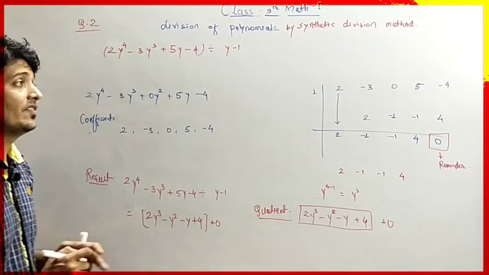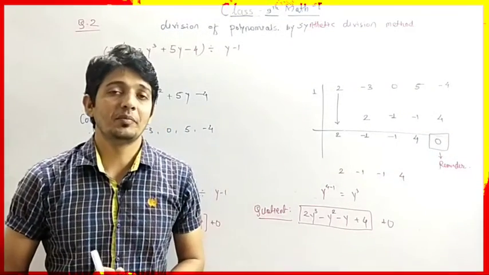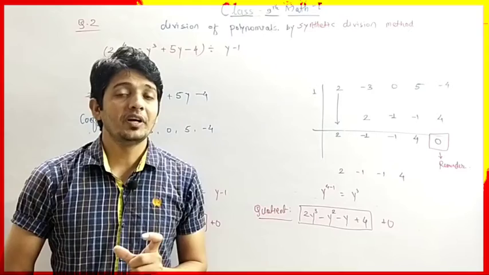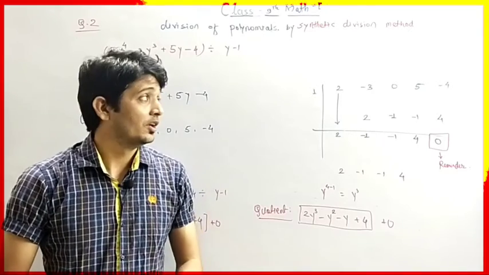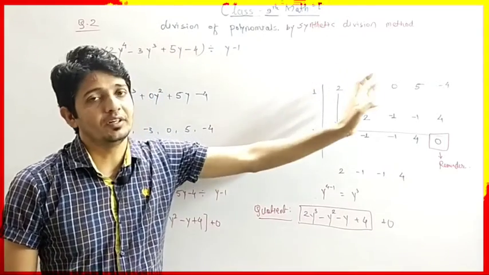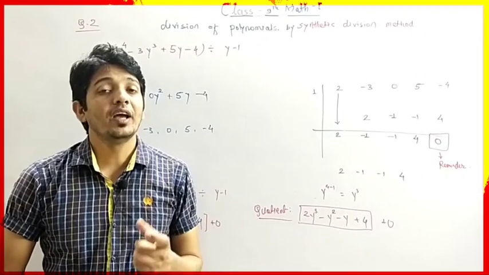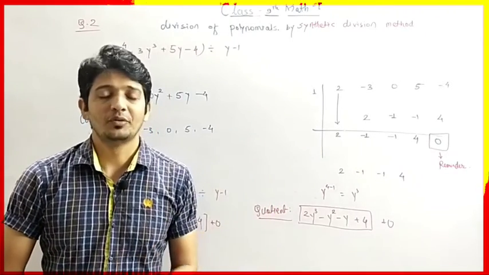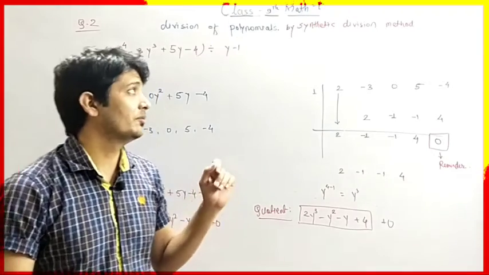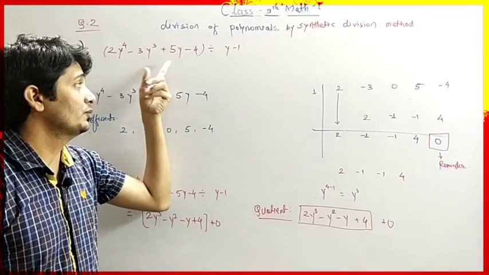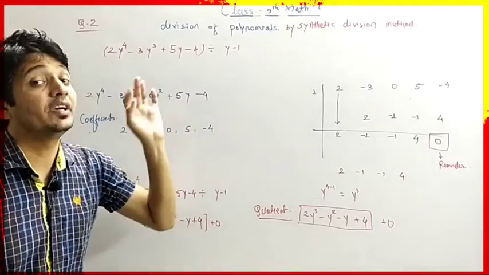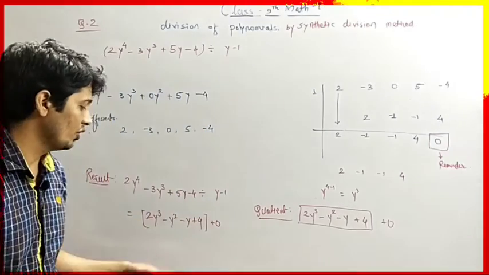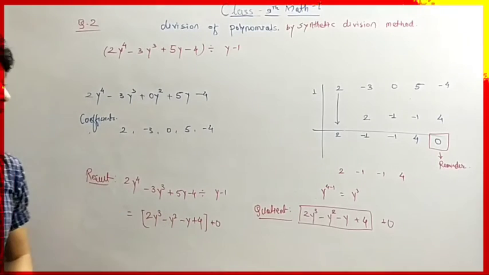So students, in this way you have to apply the synthetic division method for dividing, or we can say to apply the arithmetic operation called division. So this is the synthetic division method. It is really a very easy one. You can solve by this method within a minute. Just keep in mind that dividing this polynomial by this polynomial the usual way will take a long time, but by the synthetic division method you can quickly get your answer. So write down now.